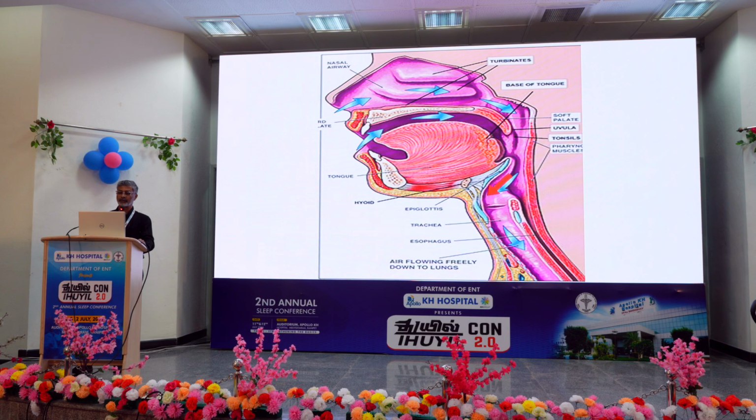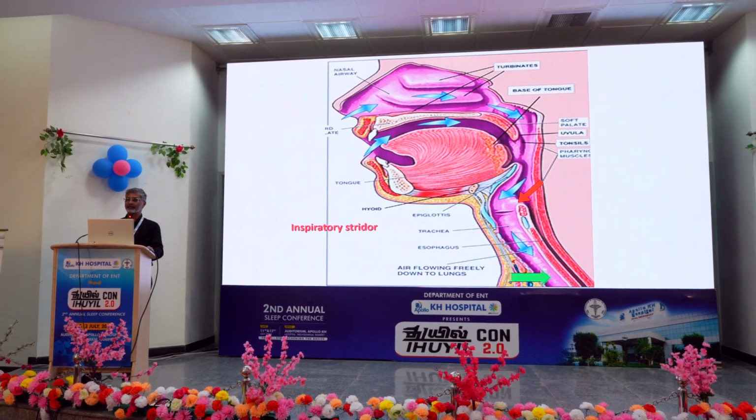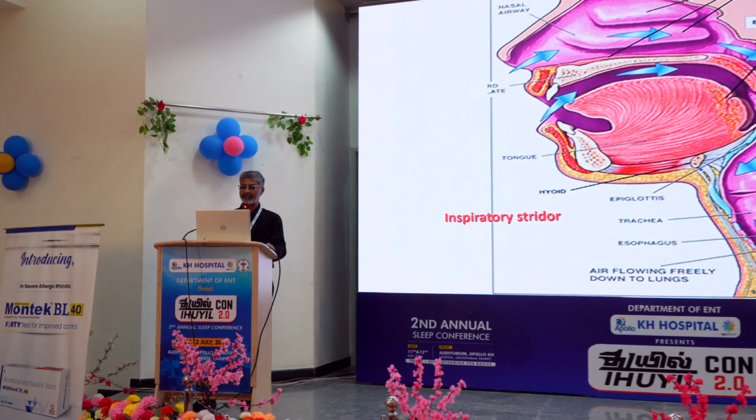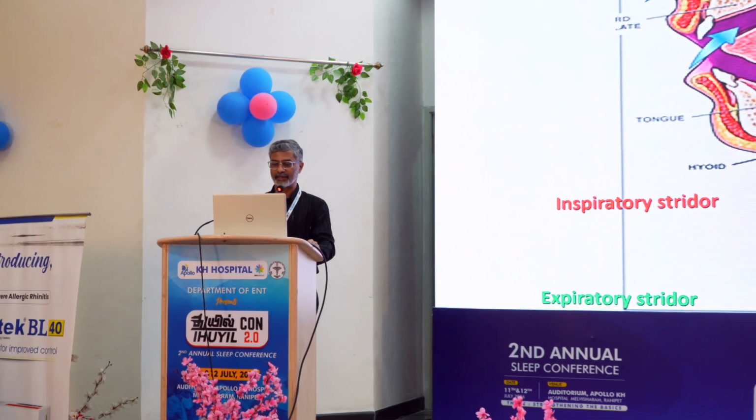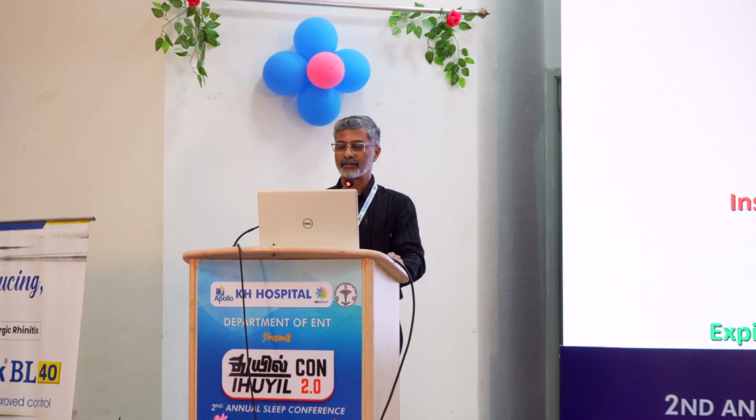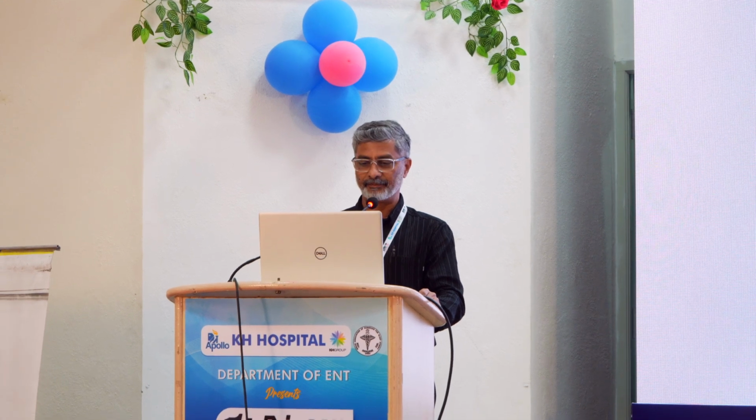If you have obstruction at this level, you will have inspiratory stridor. If there is obstruction at this level, you will have expiratory stridor. In between, you have biphasic stridor. If you have obstruction from here to here, up to the supraglottic level, you will